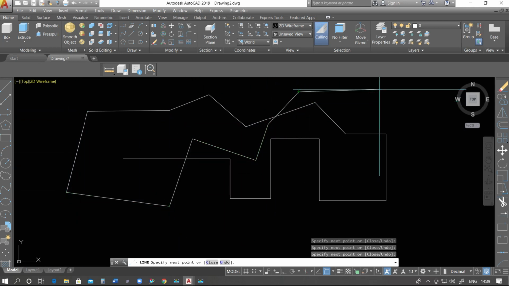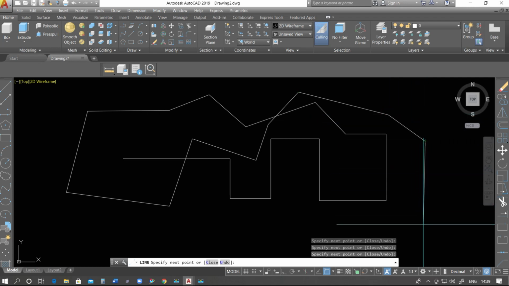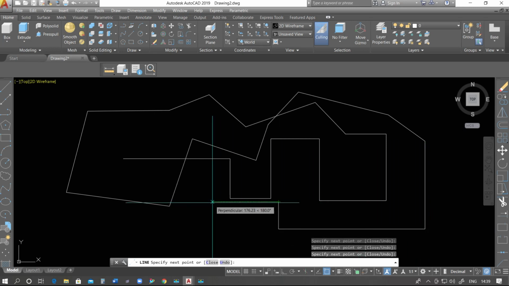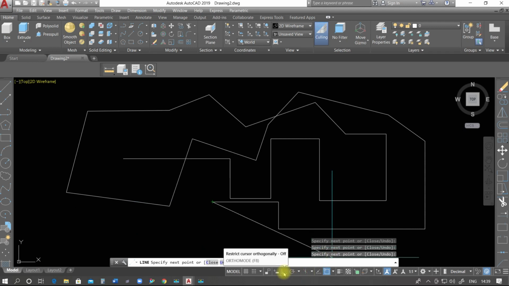It may take some time. Suppose I have to draw a vertical line, I have to concentrate a lot. So that's why we check ortho, so that with its help we can draw a straight line in a very proper and fast way.